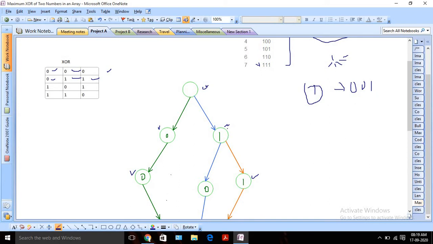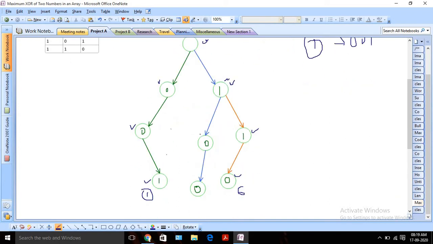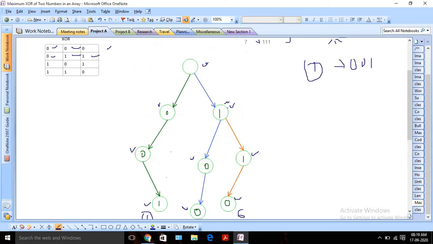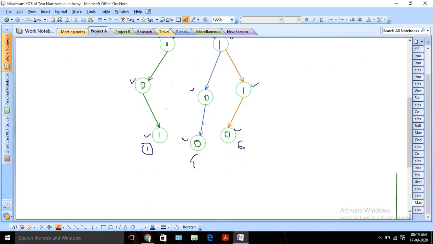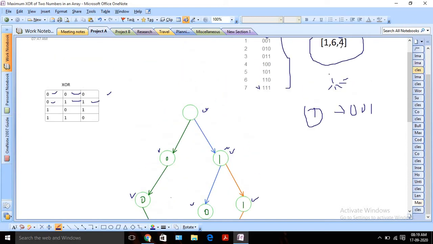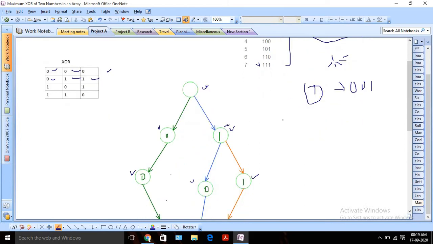So again I can see that my node 1 already exists, but there is no node for 0 after that. So we will create one node 0 and we will insert 0. And again we will create another node and we will insert 0, and this path will represent this 4, right? So this particular path will represent my number 4. Okay, so this is how our trie looks after inserting all 3 numbers. So this is your first step to create the trie, right? And that is done.